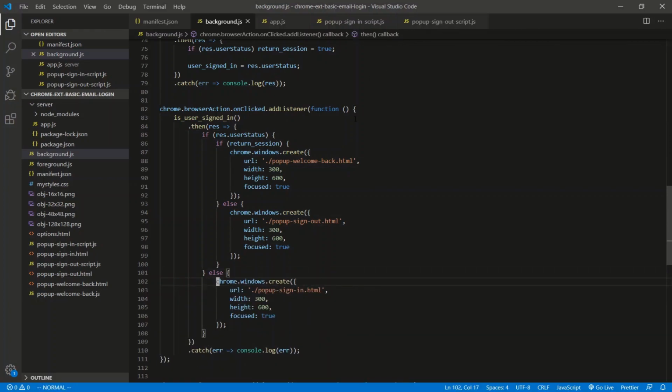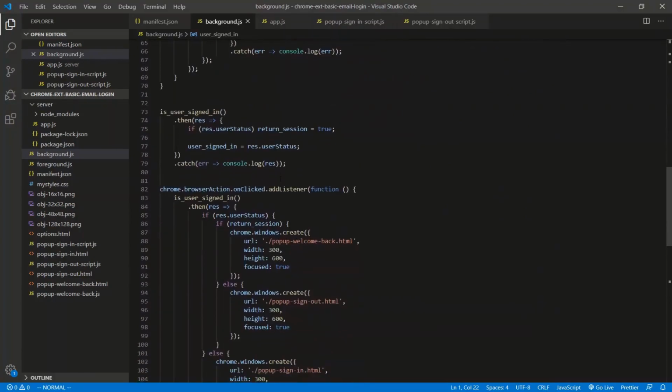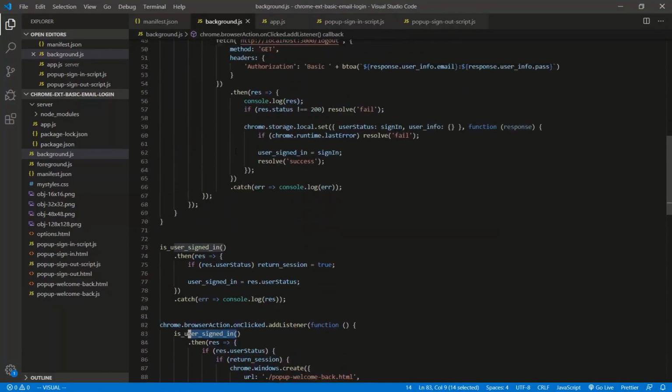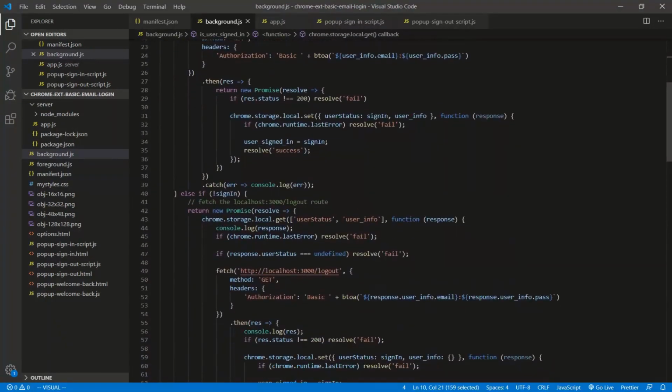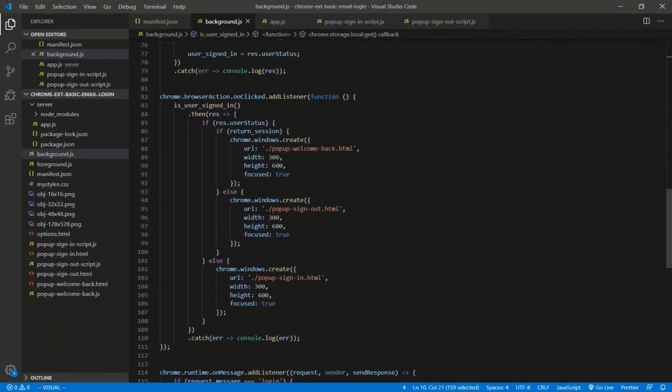All right, so what did we do? Well, we took away the testing of whether or not the user signed in from this variable here, because this variable just gets created right away. I don't want any confusion. So we just use the function we just wrote that checks whether or not the user has some sort of entry in the local storage. If they do or don't, doesn't matter. We handle that there. If the user status is true, we know either it's a return session or they've still had the session up and they just click the browser icon again. So we check whether or not it's a return session. If it's a return session, we give them back the welcome back. If it's not a return session, so they're still on the page after they've signed in, we just give them the sign out page. If the user status is false, which means they're not signed in at all, and